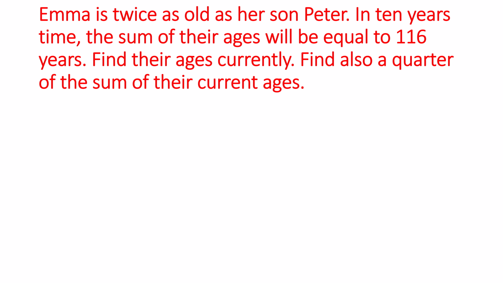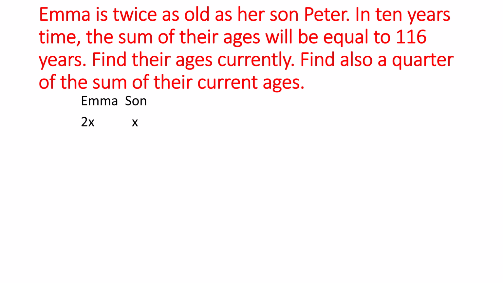Next, we look at this problem involving Emma and her son. This involves age also. Emma is twice as old as her son Peter. In 10 years' time, the sum of their ages will be equal to 116 years. Find their ages currently. Find also a quarter of the sum of their current ages. So in this case, we need to find, of course, the age of the son, then we find the age of the mother. So we are creating a table. The son is x, and the mother is